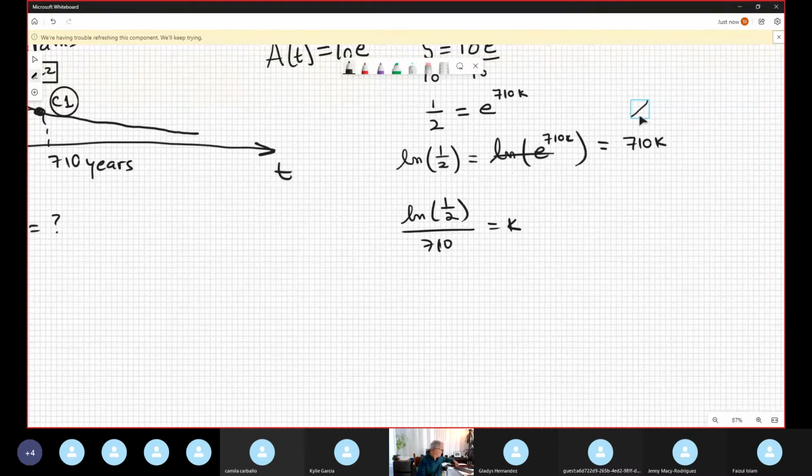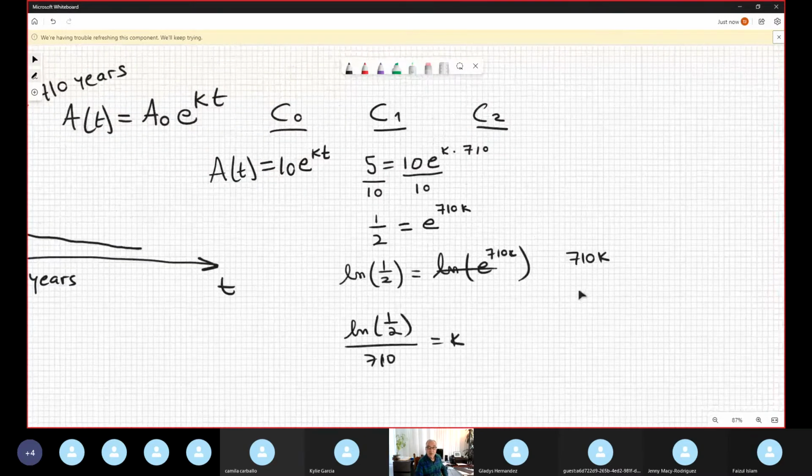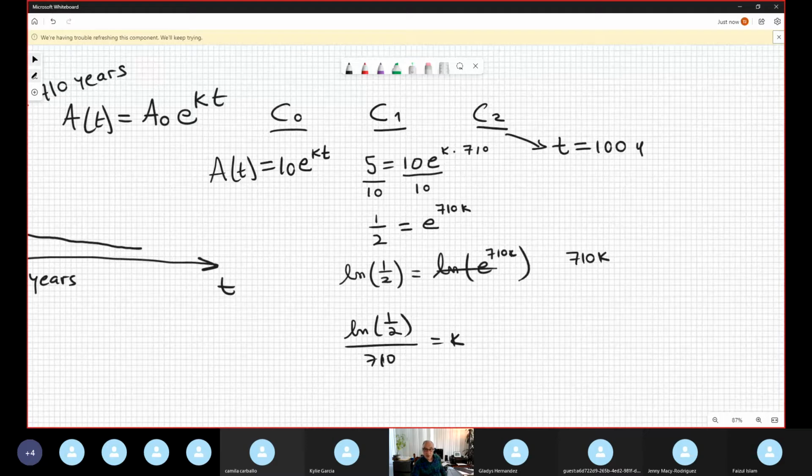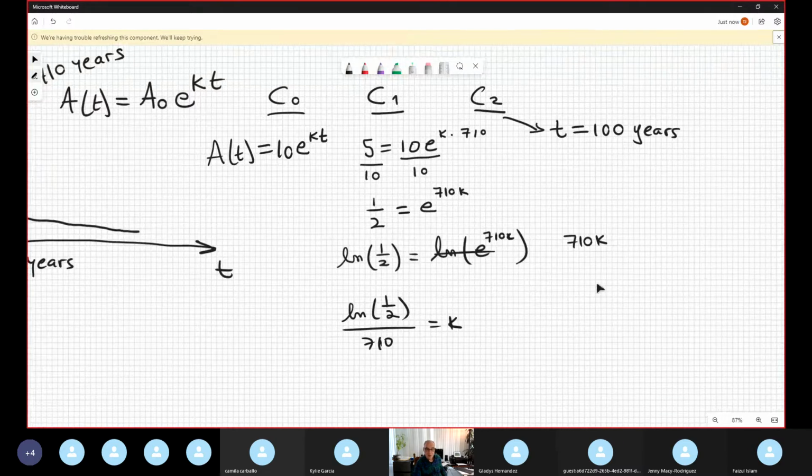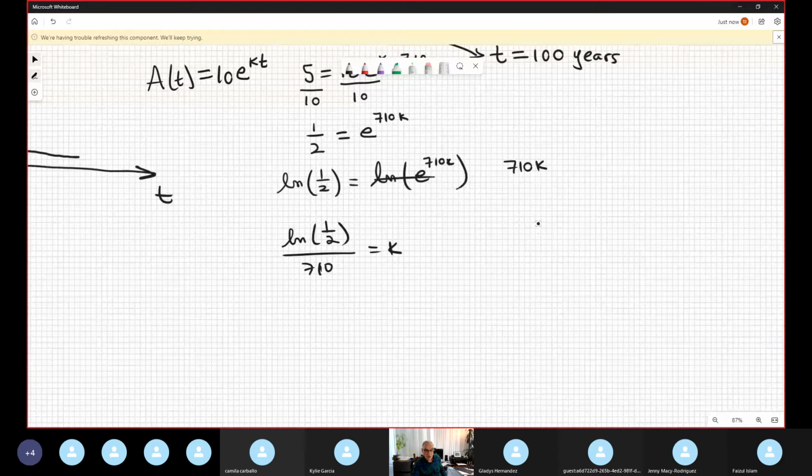And what is condition 2? Condition 2 was 100 years. The only restriction for condition 2 is T equal 100 years, right? Okay, T equals 100 years. Now I'm plugging into the formula. The formula says amount of substance. What substance? Silicon 32. And at 100 years it is equal to 10 grams, that is the initial,